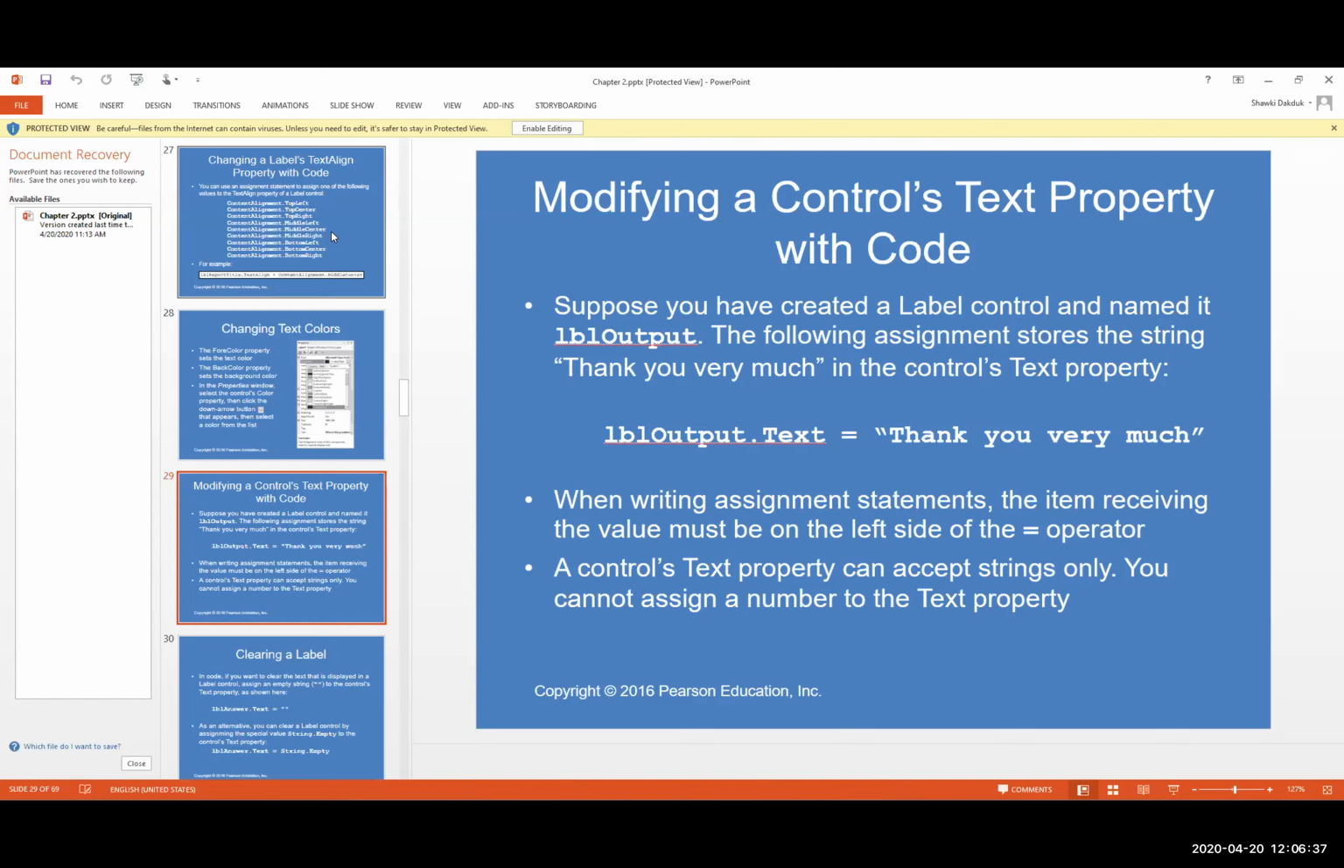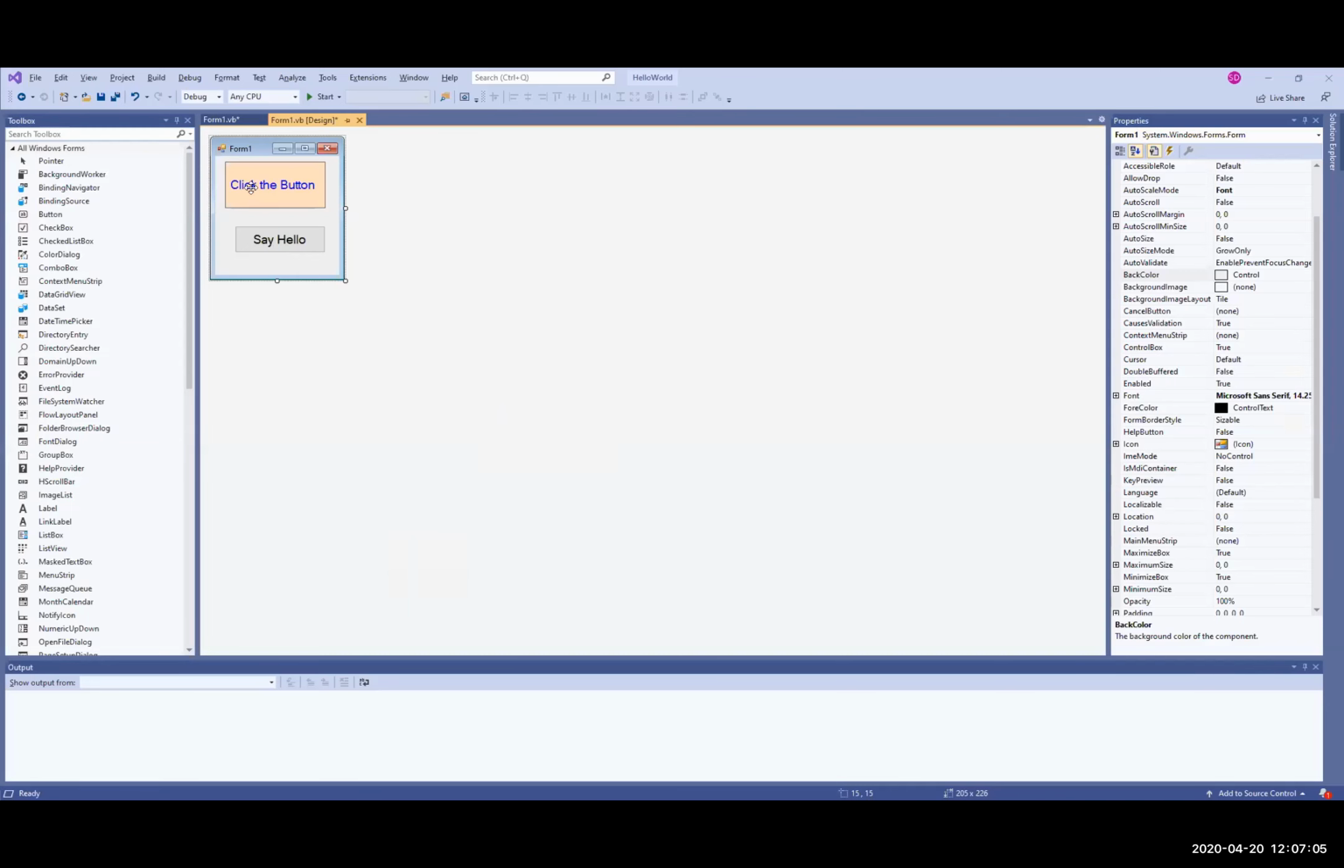You can change the text value in your program by using an assignment statement, by assigning any string you want to the text property of the label. So in this case, you can change the output at runtime by setting the value for the label output's text property, and this will display on the screen. This is exactly what we did in the program in here. Right now the output says click the button, but when we go to the code window,